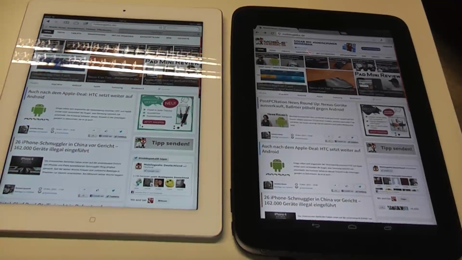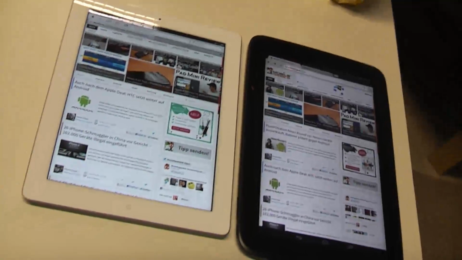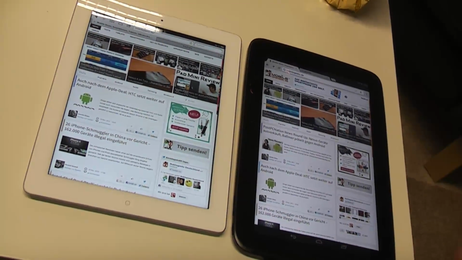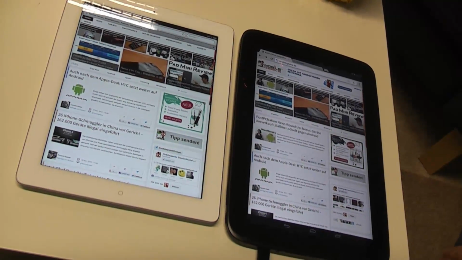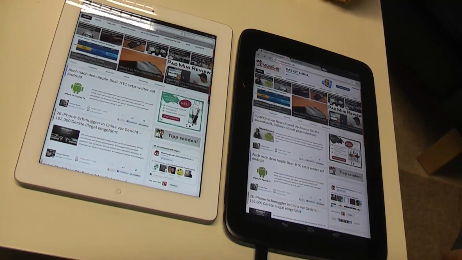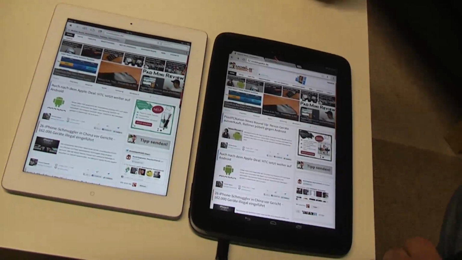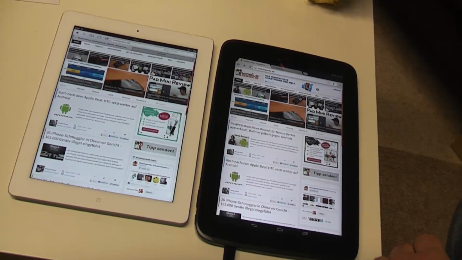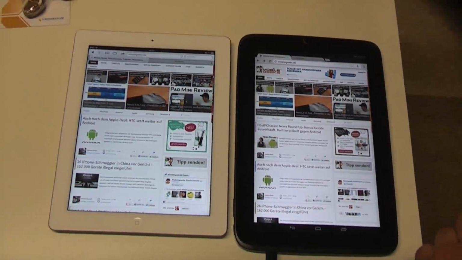They have a Nexus 10 right here. And what we want to do is a tiny little comparison with the iPad 4, because the two devices are directly competing against each other, and Samsung is trying to steal some thunder from the iPad once more. This time using the Nexus brand from Google, and this one right here is the Nexus 10, which is a pretty decent competitor compared to the iPad because it has a